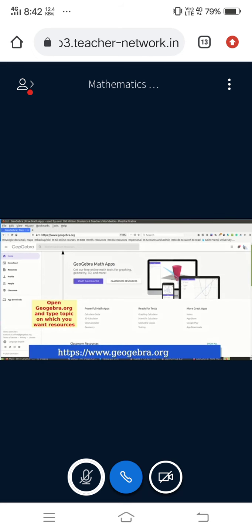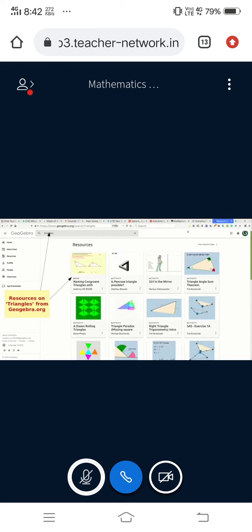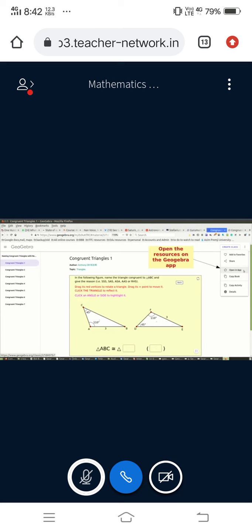So you need to open geogebra.org on your browser, and then you can see the Search Classroom Resources bar on this web page. You just need to type the topic that you want to search resources on. In this particular case, I have typed triangles, and when I hit enter, I'll get the triangle resources that are available on GeoGebra. And as you can see, there are several of them. You can type any topic name that you want. You could type mensuration, you could type quadrilaterals, you could type circles, and you will get GeoGebra files pertaining to that particular topic.